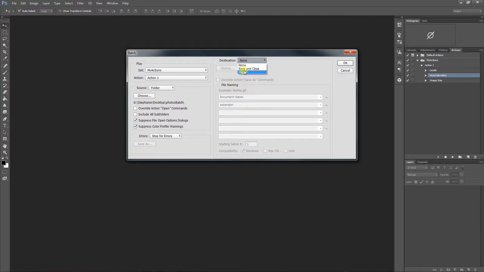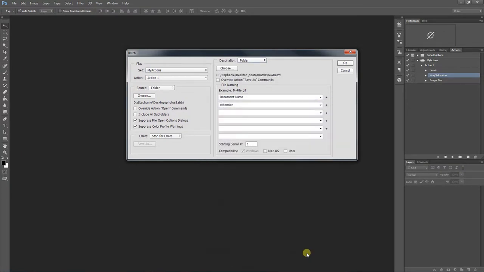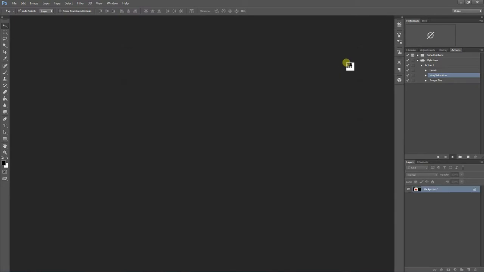Now, I have tried this in the past. It works in some cases, it doesn't work in other cases. To say, go to a new folder. So make a copy of this in a new folder. We'll see if it works. It probably won't. It might not. If I try to break it, it won't break. So we're going to say that, and there we go. So if I hit OK,